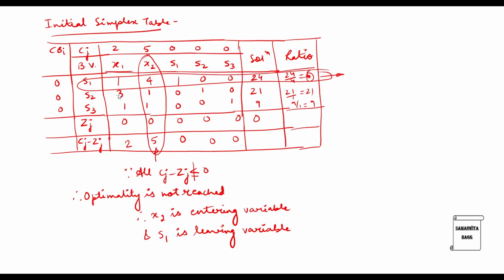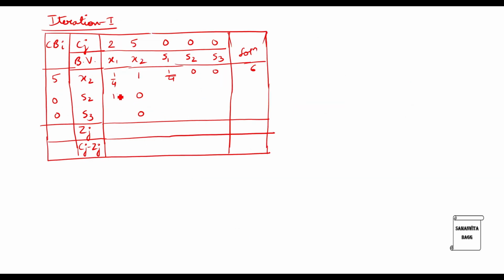So we will start with this term 3. This will be 3 minus the corresponding key row element, that is 1, times the corresponding key element, that is 1, divided by 4. So this is 3 minus 1 by 4, which is 11 by 4. Similarly, you can calculate for all the other terms. I will directly write the value now. It is minus 1 by 4, this is 1, this is 0 and this is going to be 15.